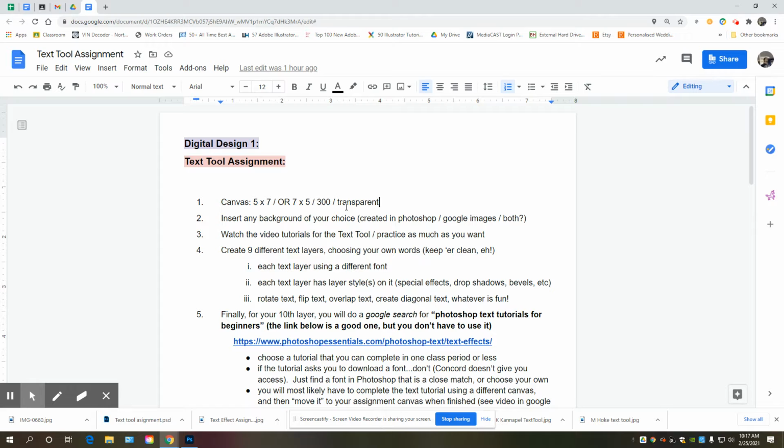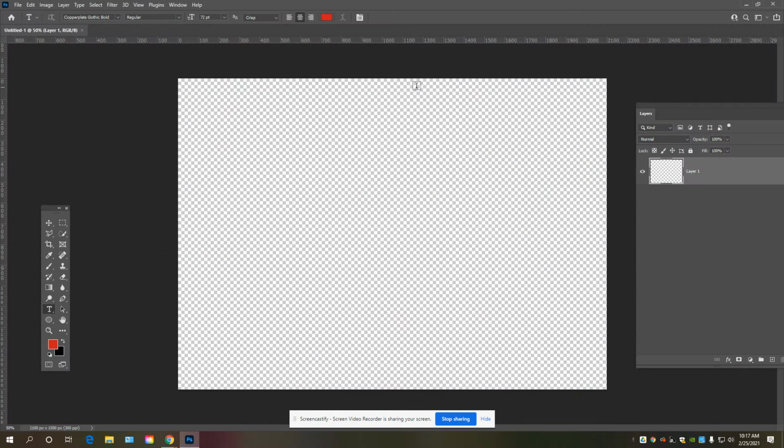Create a 5x7, 7x5 transparent. Just did that. Insert any background of your choice. Create it in Photoshop, digital, or Google Images, or both. Really anything you want. I've already prepared